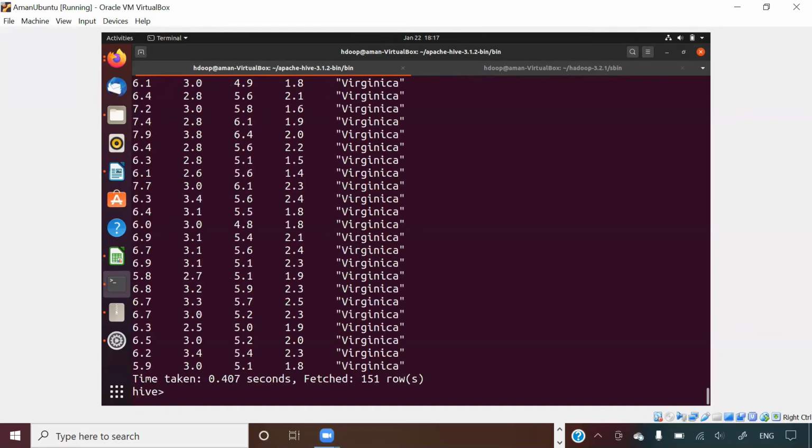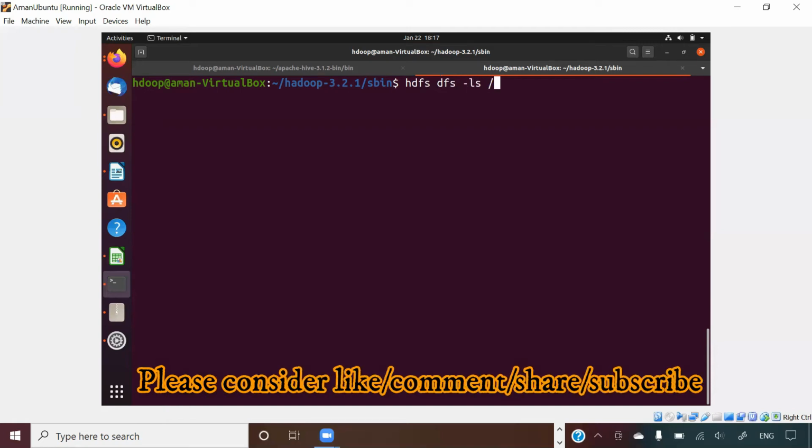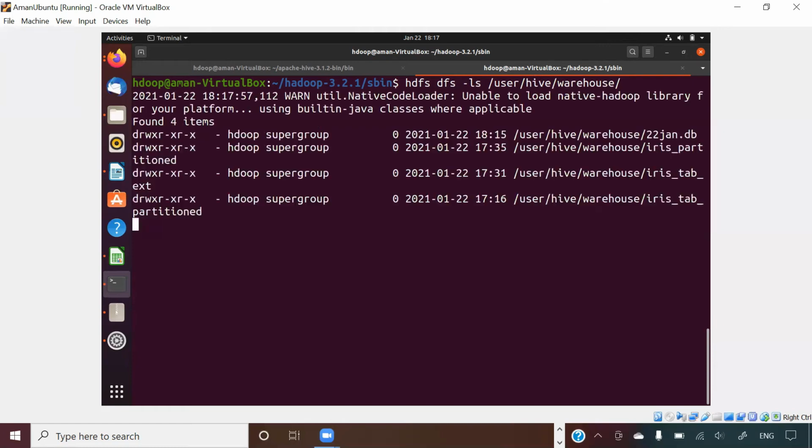Now one important thing to see here, guys, is how this data is sitting in Hadoop. That is the reason I have opened the second tab here. Let us go to Hadoop, guys. By default, all your Hive data will be sitting in a folder called /user/hive/warehouse. Let's go to that folder. So how to go? hdfs dfs -ls, and which folder I'm talking about? /user/hive/warehouse. What I want to do is see which folders or files are inside this particular directory in Hadoop.